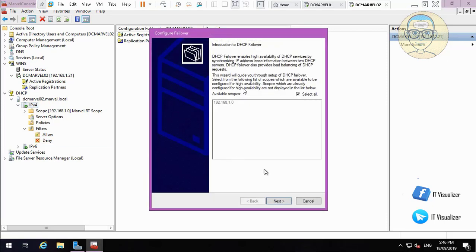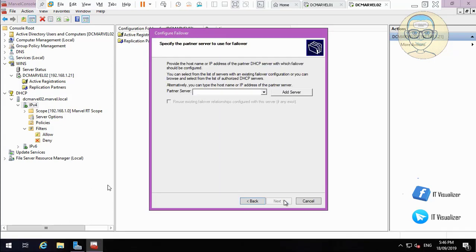Here we'll have a couple of options. It is telling us that it will copy this scope from the first DHCP and put it on the second DHCP. So it will copy the configuration of the scope from the master DHCP to the failover partner, or to the DHCP on the first domain controller. Best practice, as we have said before, is not to have the DHCP configured on the domain controller. This should be on a separate server. Please refer to my previous videos concerning this. I've discussed it in a couple of videos before this one. Okay, so we will copy this configuration of this scope,